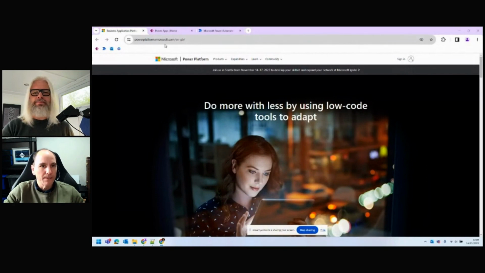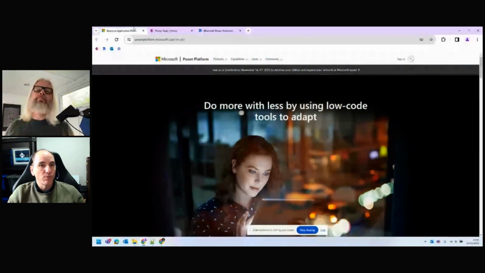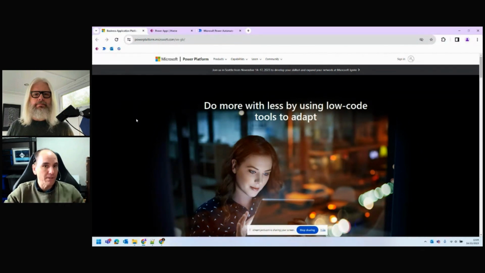Awesome. Thanks, Peter. So just a bit of background on the Power Platform, from an overview, if you will. I always see the term Power Platform as the platform itself. So a bit like with Azure being the cloud platform, with all the services within it that are specific, whether it's storage, compute, many other things. The Power Platform's a similar thing. I see that as the big umbrella term for the platform itself.